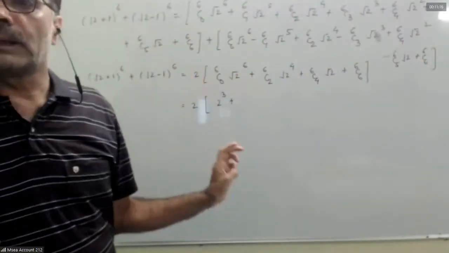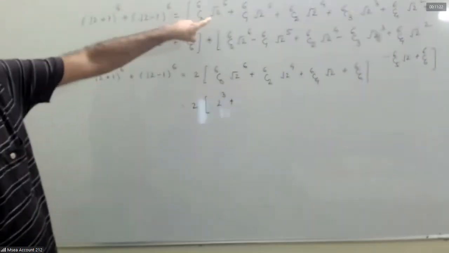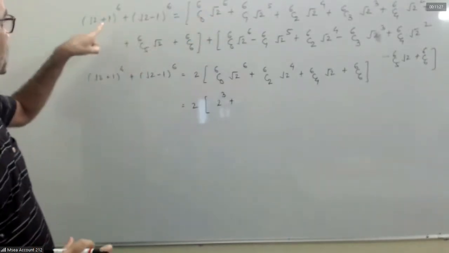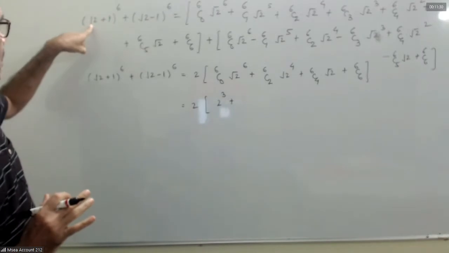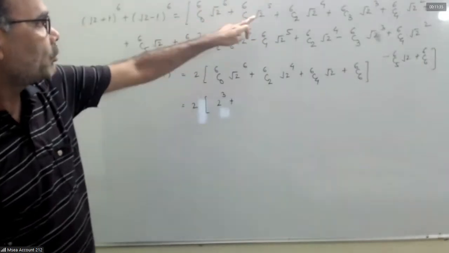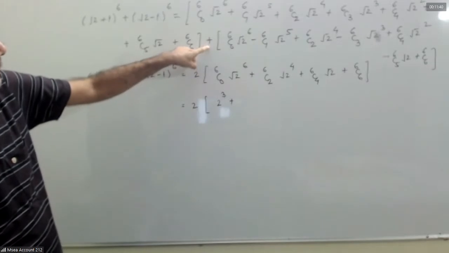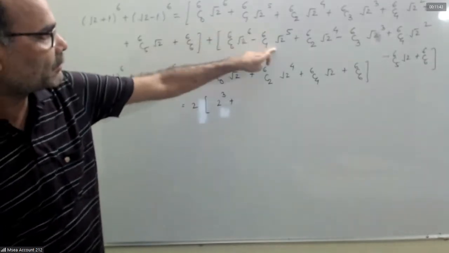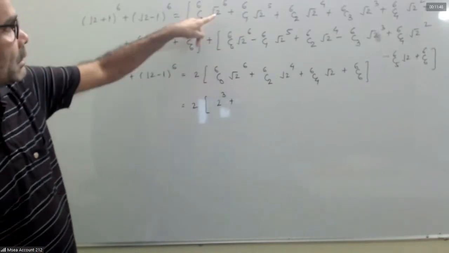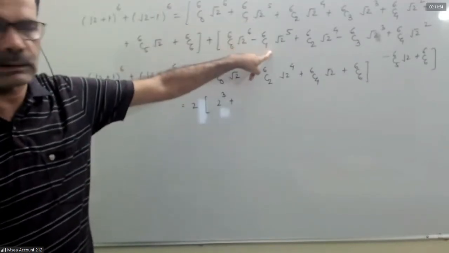See, what I said, we don't want the irrational term. We want only the rational term. What is root 2 to the power 6? It's rational. Root 2 to the power 5 is irrational. We want the second term to get cancelled. So what sign should we put here so that these two terms will get cancelled? Plus. Right. So the first term we want to be added, the second term we want to be cancelled.